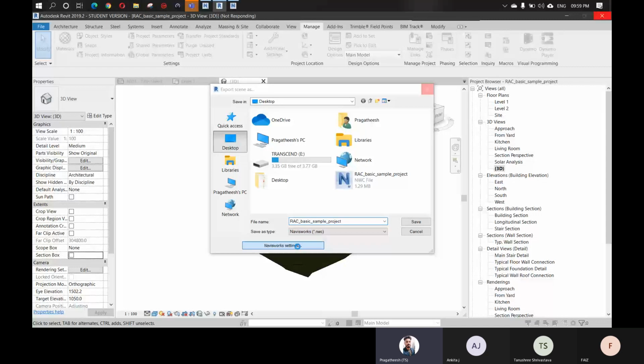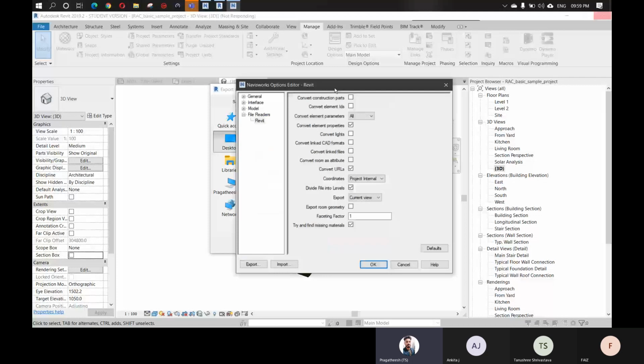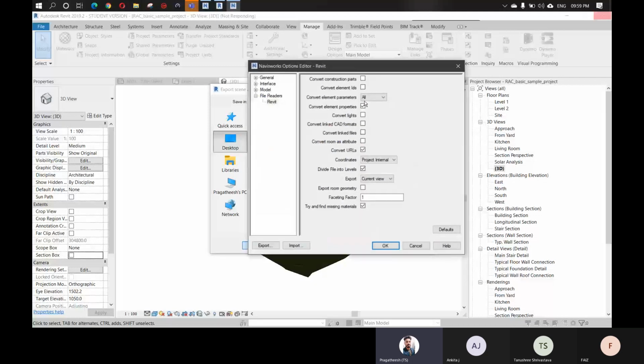Like that, if you want any other properties to be shown in Navisworks, you have to make sure to turn them on. Okay, so that's the reason I showed this. It's not responding right now. Okay, we can wait. Okay, it's okay. So this element ID, and you want to export the current view or the entire project